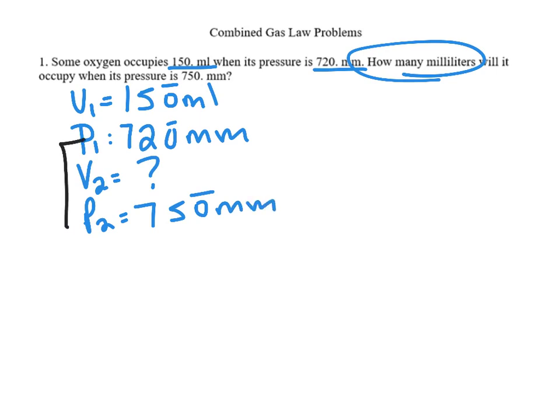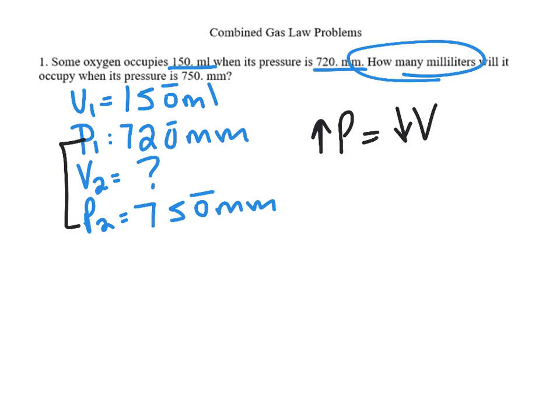So from P1 to P2, we've increased our pressure. So we're squeezing more on the outside. Picture a balloon and picture squeezing on it. That ought to force it into a smaller volume, because V and P are always opposites of each other. Higher pressure squeezes the particles closer together and the volume drops. So our volume ought to be something less than the 150 that we started with.